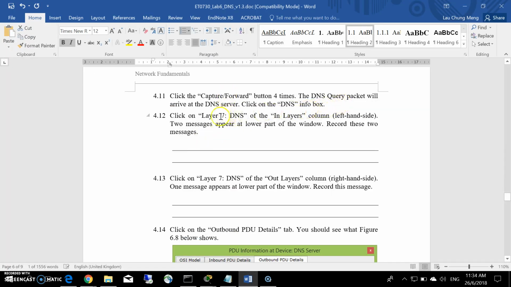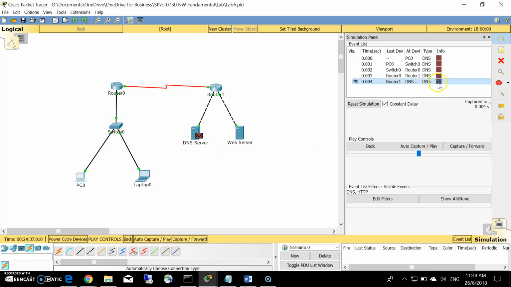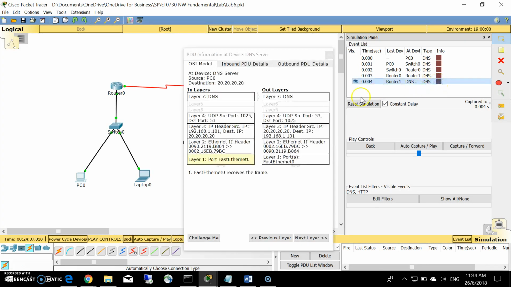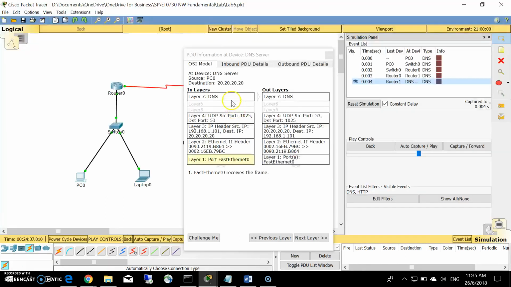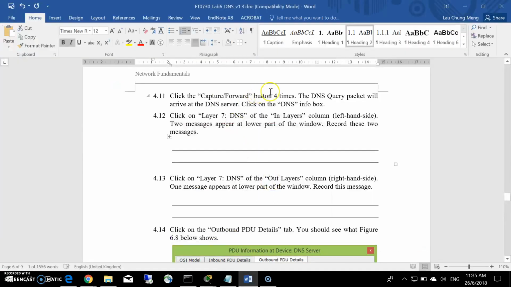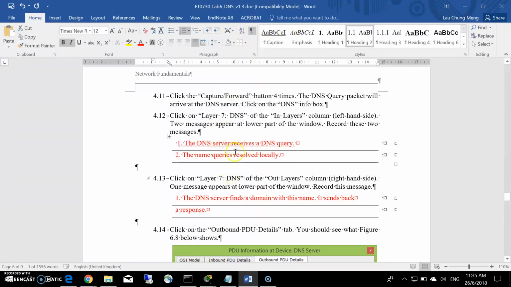Click on the info box and look at the message on layer 7. So the DNS server received the query and the name queried will be resolved locally. These are the two messages that it received. Click on the out layer to see what response is sent back.